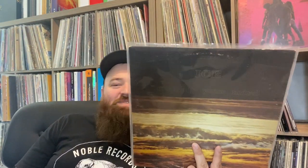And I say it's a really cool one. It's from Cincinnati, Ohio. It's a private press thing. But I'll let you see the label. Most of the songs are like